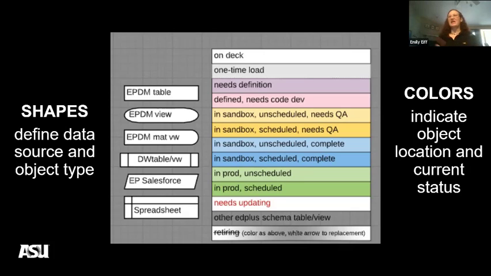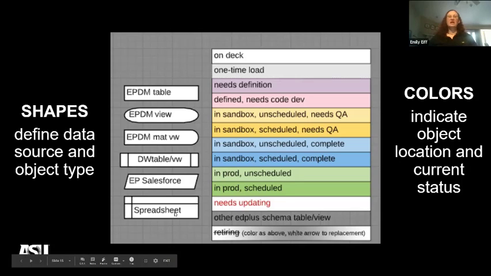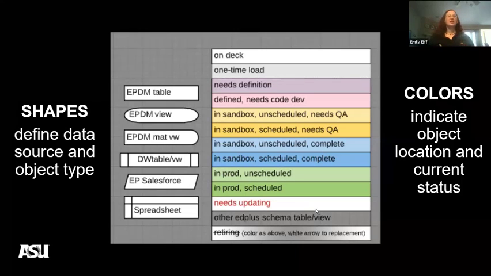So at a quick glance, after you've looked at the legend, which is at the top of the sheet, you can quickly go, oh, that's a table, that's a view, that's coming from the data warehouse. This is a Salesforce table, that's a Google Sheet or some other sort of a flat file as a data source. And then the colors, the shading is used to indicate where the object currently lives and what state it's